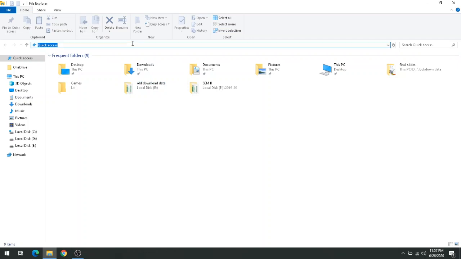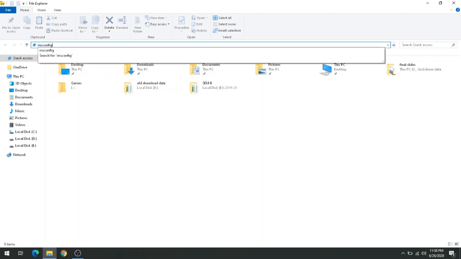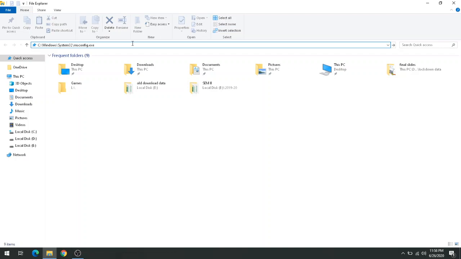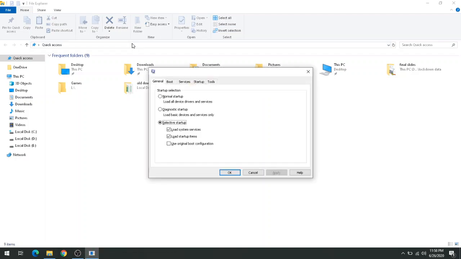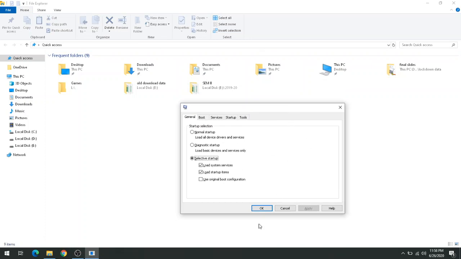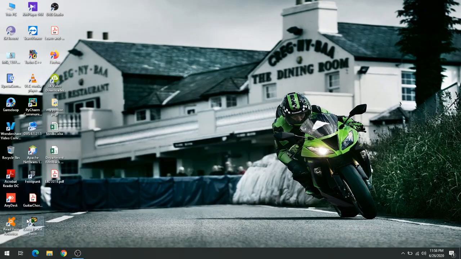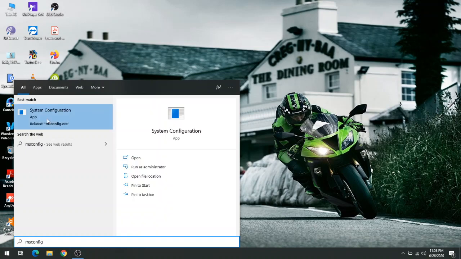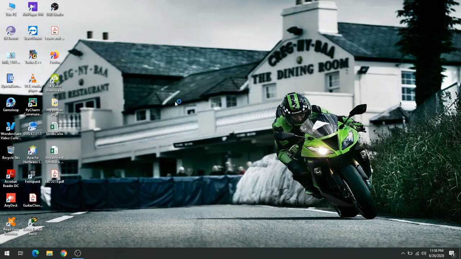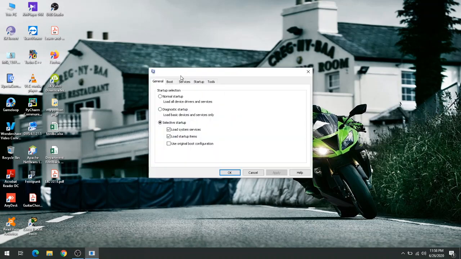So here I can type out the required menu. For example, I want to access MS config. So I will type out MS config and press enter, and I can see that the window of MS config is visible over here. If in a basic way I want to go, I can press Windows and type MS config, and go from here, or using run also I can go. So when you reach MS config, your first general selection is normal startup